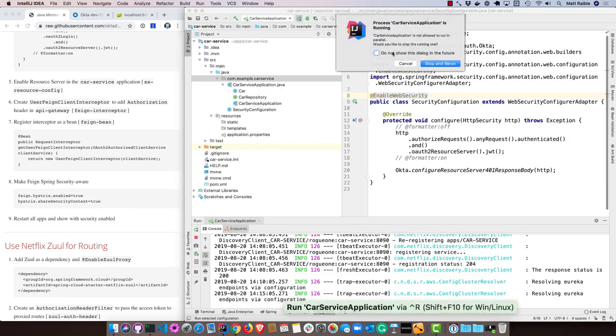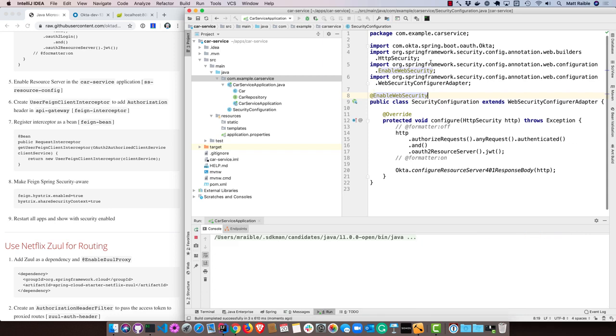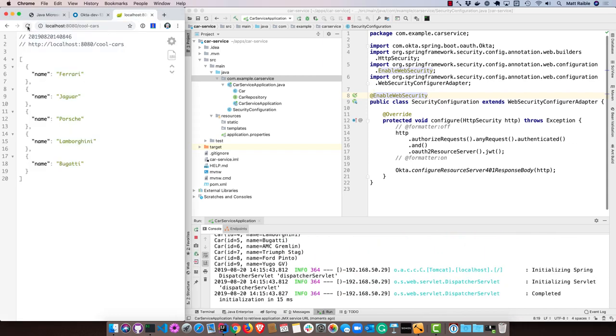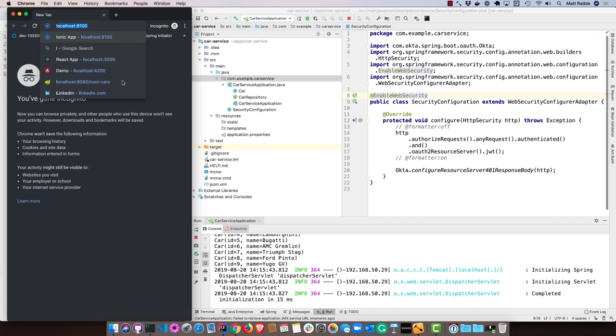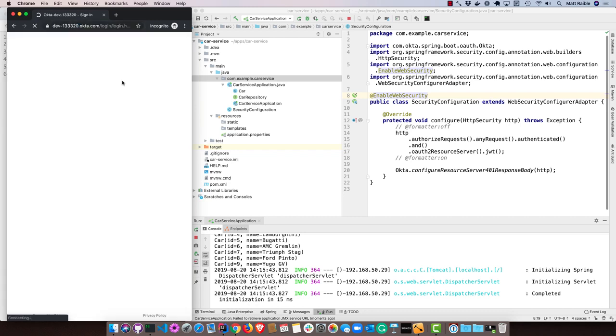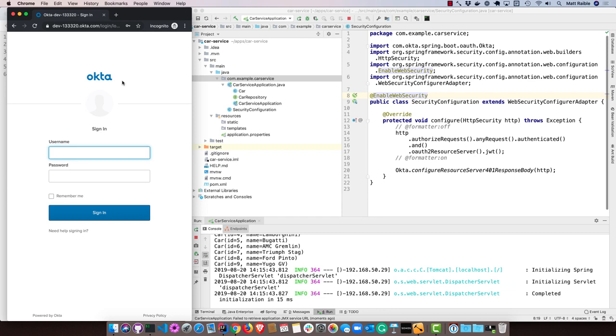restart the car service, and now if we hit cool cars, I gotta do it in incognito because we're already logged in there, so localhost 8080 cool cars. It'll redirect us to Okta to log in. I can use one of my demo users,